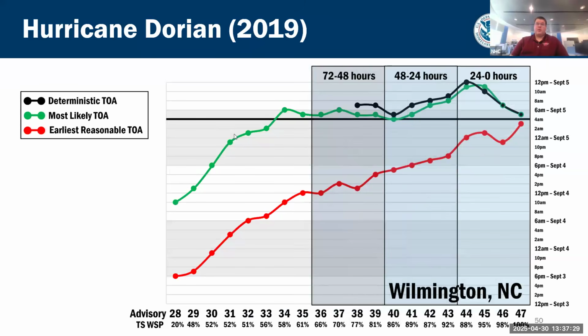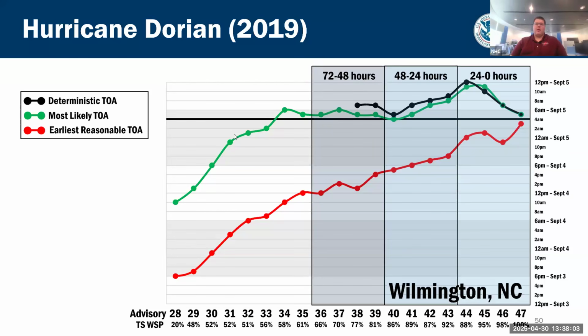For an example of a storm like Dorian, if you don't remember, Dorian began to stall and slow down when it was in the Bahamas. So when we take these 1,000 scenarios and we run them, there are going to be some of those scenarios that actually have Dorian moving when it wasn't actually moving at the time, just the way that the 1,000 models are run. So this is an example where if you used the most likely time of arrival, you were okay in about the 2 to 3 day time frame. But then the 0 to 24 hour time frame was way too late.